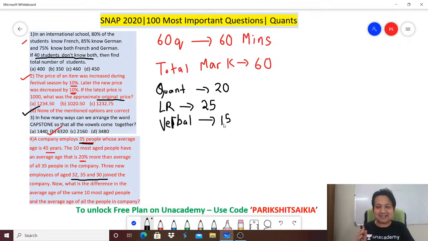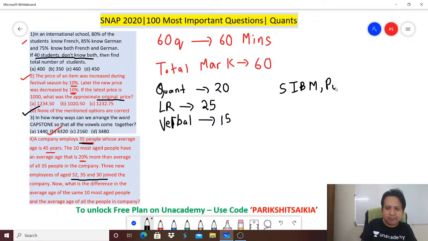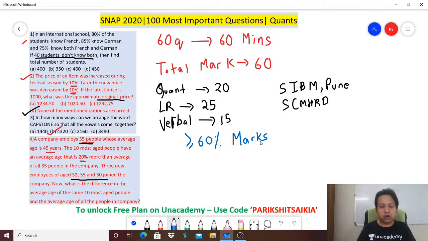Now if you look at the last 20 years of SNAP, or probably the last 5 years, and look at their cutoffs for SIBM Pune and SCMHRD, we are looking at approximately 60% marks. So if the total marks in the SNAP this time is 60, you should be targeting,